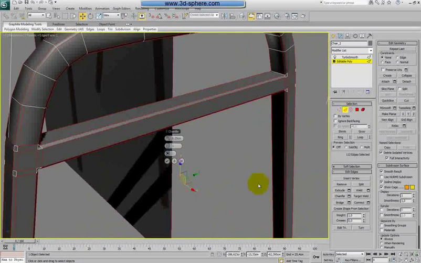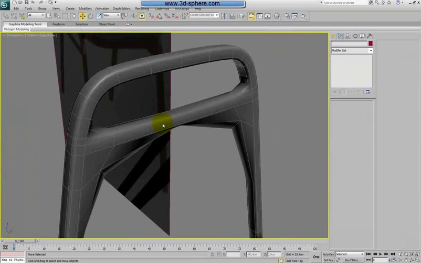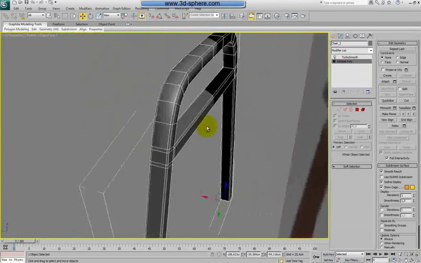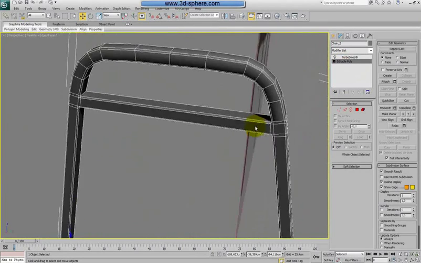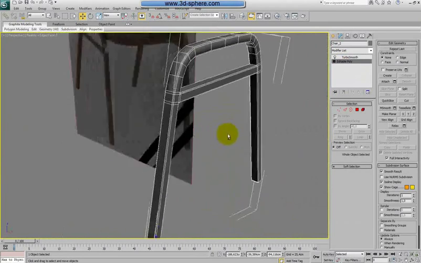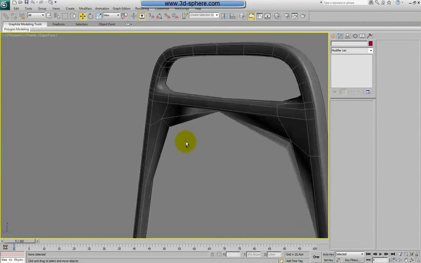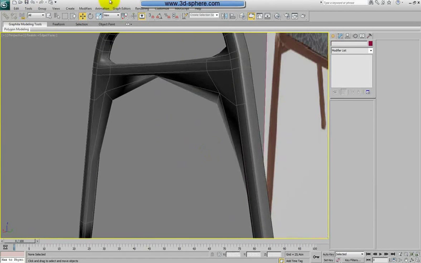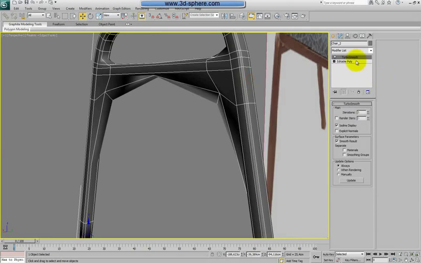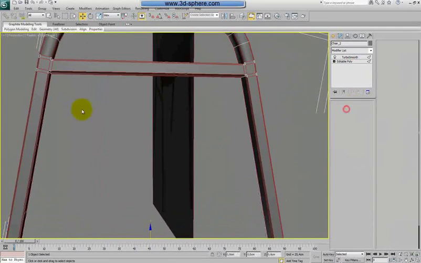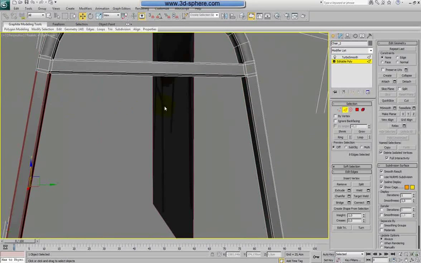Now the chamfering is something you need to do every time. Oops. So it's something you have to do anyway, so we'll do it right now. And I think I chose too much. No. This edge is looking good. Yeah, it's fine. No, it's not too much. But still the turbo smooth is smoothing very badly, so